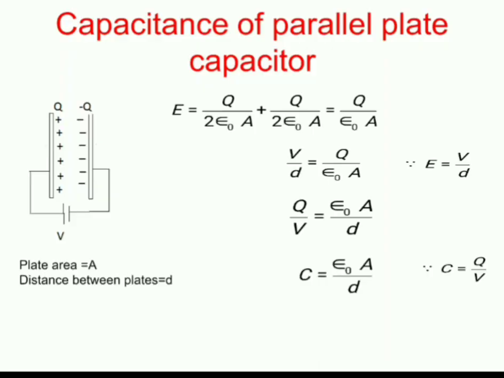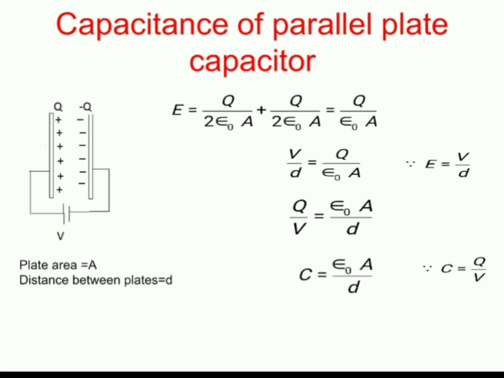So let's calculate the capacitance of a parallel plate capacitor. Okay, we know when two plates, one having a positive charge and the other negative, are placed one beside the other, the electric field in the region between the plates is given by sigma by 2 epsilon naught for the first charge, again sigma by 2 epsilon naught for the next charge. So if I write it as Q by 2 epsilon naught A, since sigma is Q by A, I am writing it as Q by 2 epsilon naught A for the first plate plus Q by 2 epsilon naught A for the second plate, because both the fields are directed towards the positive x-axis.